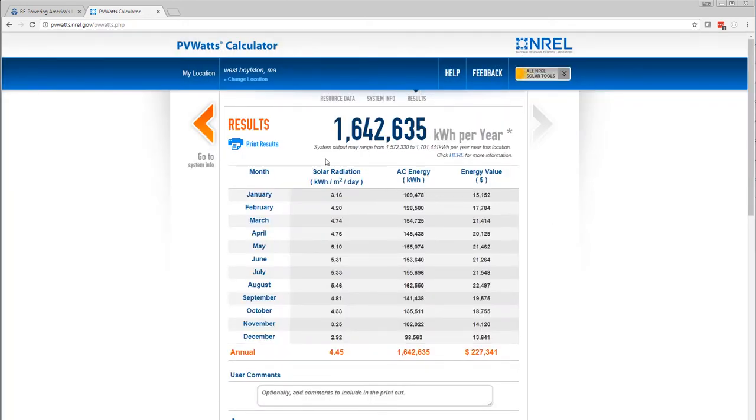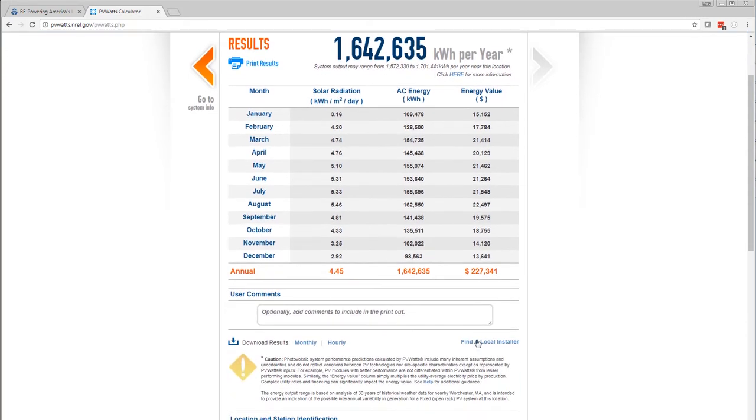So this system has the potential to generate a lot of energy, so 1,642,635. And that amount of energy would be worth about $227,000 per year. So we can use these numbers to start to get an idea of what kind of economics this system would have. So here again in the user comments, we could put